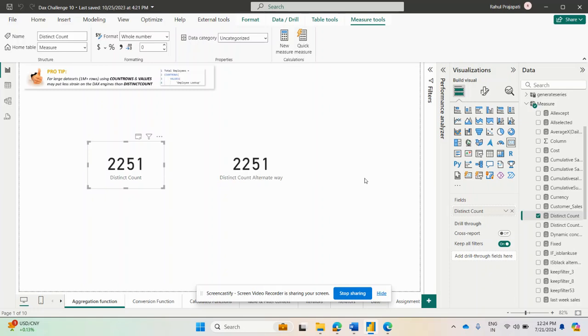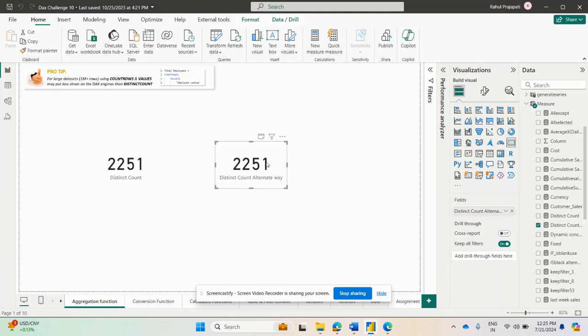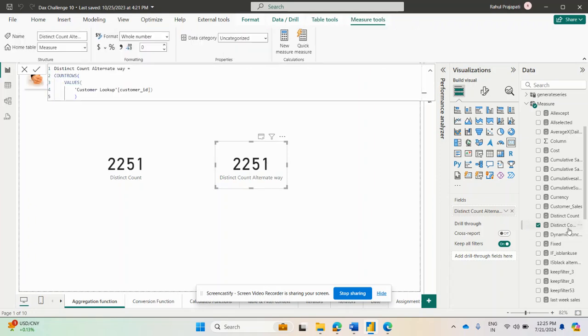Hi everyone, in this video I will show you how to calculate distinct count in an alternate way in Power BI. So my first card is showing the distinct count. I will show the measure. Here we use a simple distinct count function, DISTINCTCOUNT of customer ID, and the alternate way is here we are